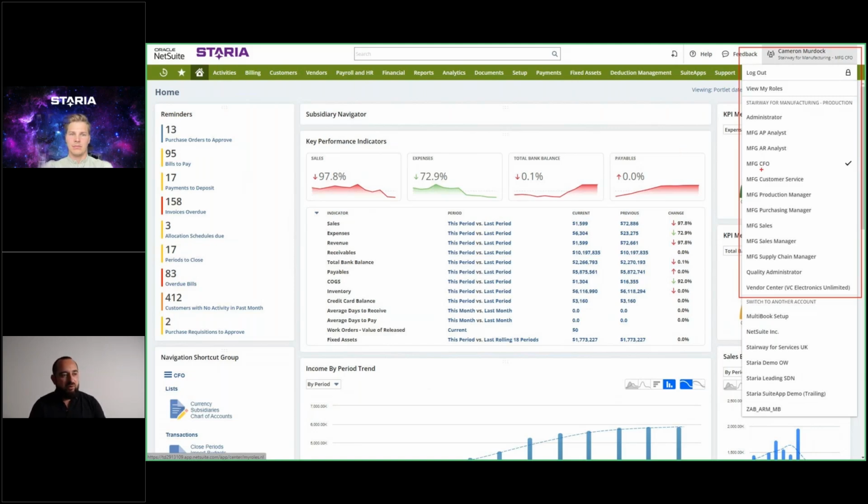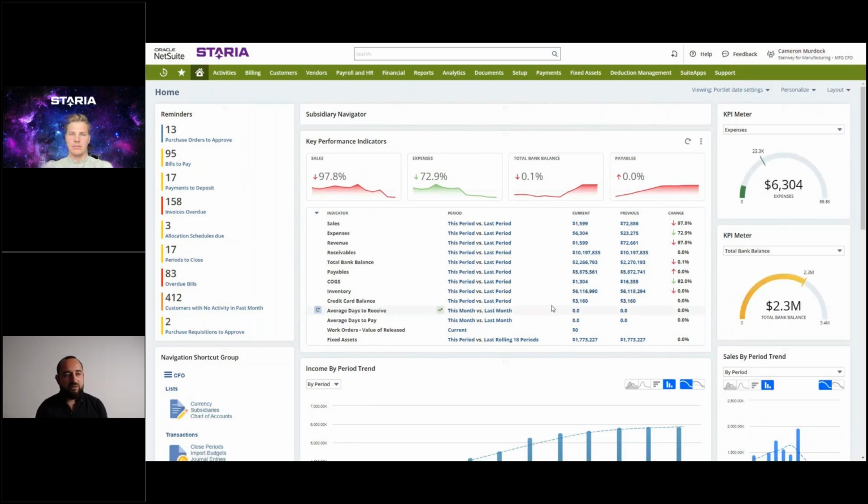I will begin with the CFO role, even though today we're not going to focus on financials, but still, finance is a big part of any business, and a manufacturing business is not an exception. This is to introduce you to the look and feel of the system. So each user, when they log into the system, is taken to a so-called home